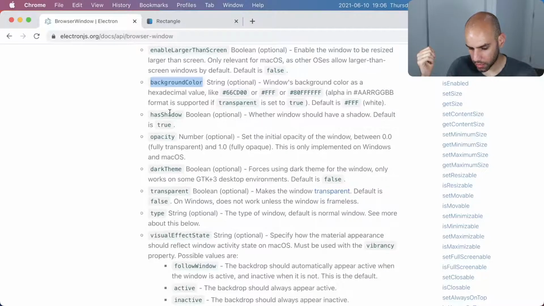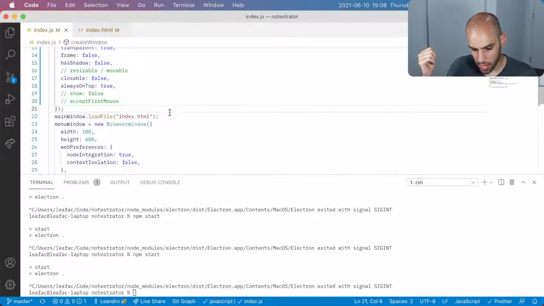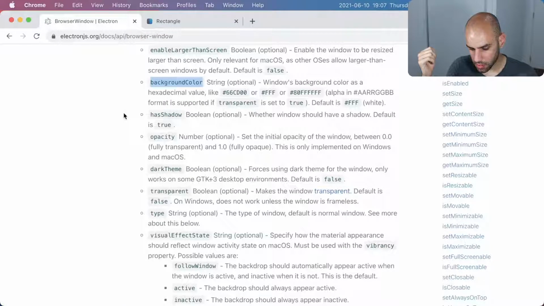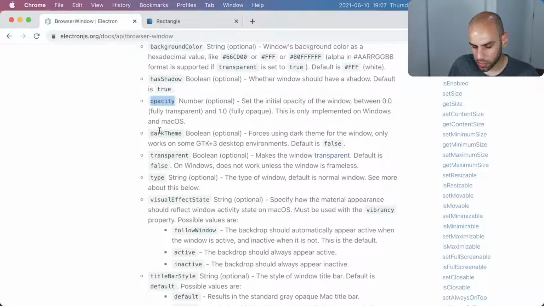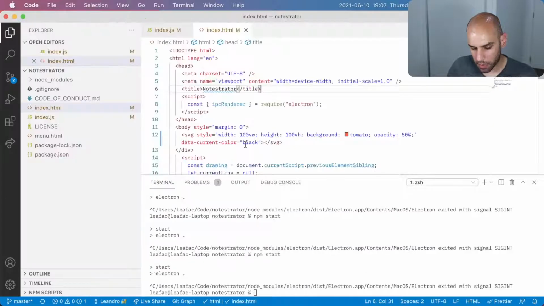Has shadow, we played with this on our one already, so has shadow is false. Opacity, this is only implemented in Windows and macOS, okay, but opacity is the opacity of the window, and I want this to be fully opaque, so okay. Forces using dark theme for Windows only works on some GTK+ 3 desktop environments. Default is false. I don't want to force anything. I want to be able to pick this up from